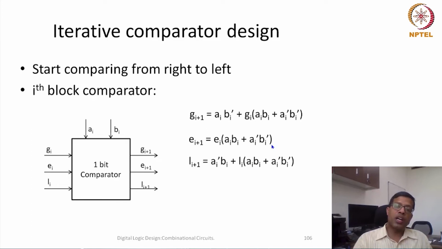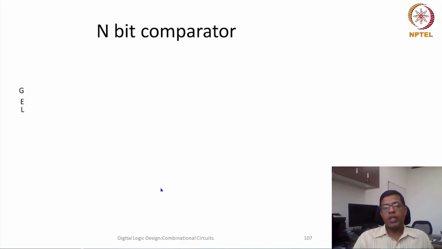And similarly for Li plus 1, Ai has to be 0, Bi has to be 1, and previously Li should be 1, and the current bit, both Ai and Bi, should be the same. So this way, by logical reasoning, we can find out what the equations are for the outputs Gi plus 1, Ei plus 1 and Li plus 1. Now, using this particular block,